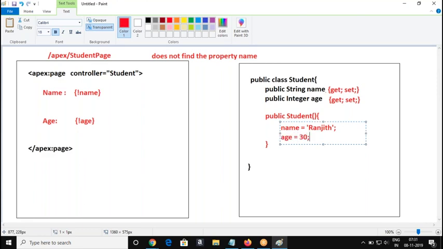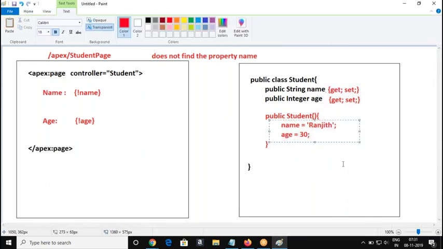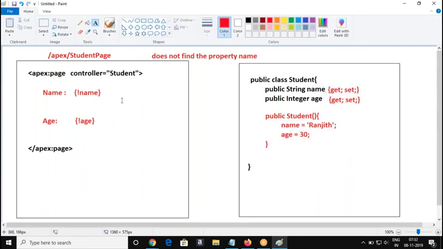So I give it like this. I initialize the variable. Anything you'd like to perform or display when the page is loaded, handle that logic inside the constructor block, because whenever the page is loaded, the constructor block will be the first block to execute. Am I clear to all of you? We'll see this example now.